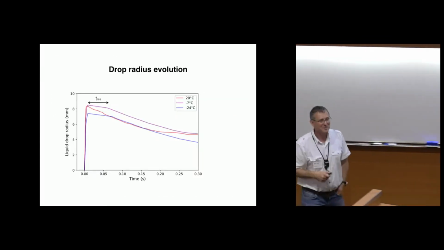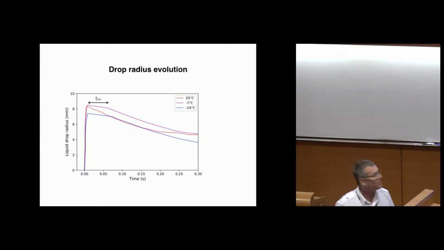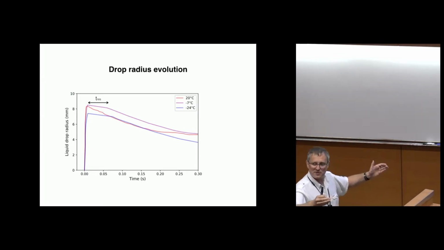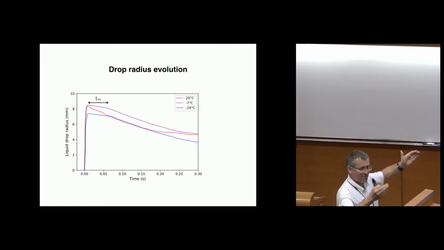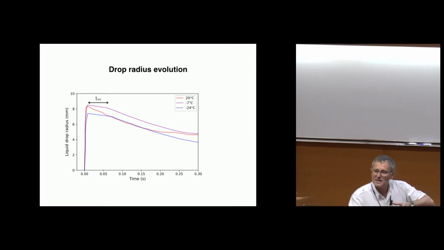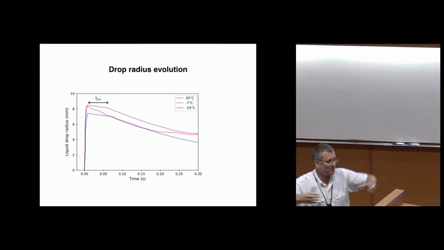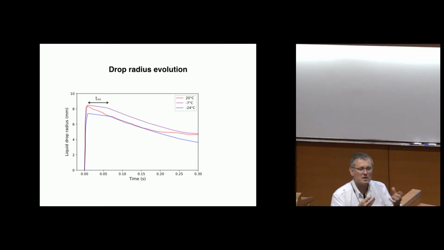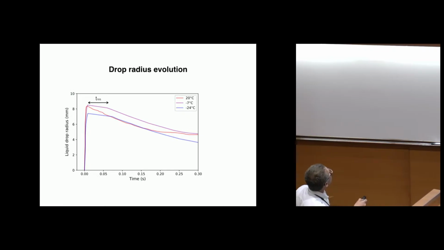So as you mentioned, we can measure the radius as a function of time, but not the radius of the ice system, but the radius of the liquid one. And we did it for 3 different temperatures. One is the room temperature, the red curve. The red curve is the easiest one to understand. You have a spreading phase, and then retraction. And almost here you have something which looks flat, but it's just a question of measurement. So basically, the dynamic is continuous in the sense that you have expansion, retraction, and there is no stopping or waiting time in between.